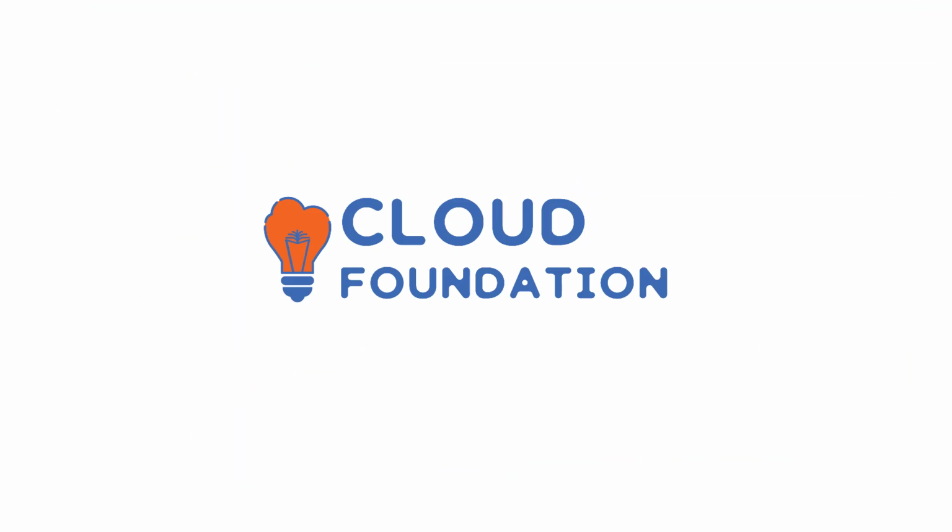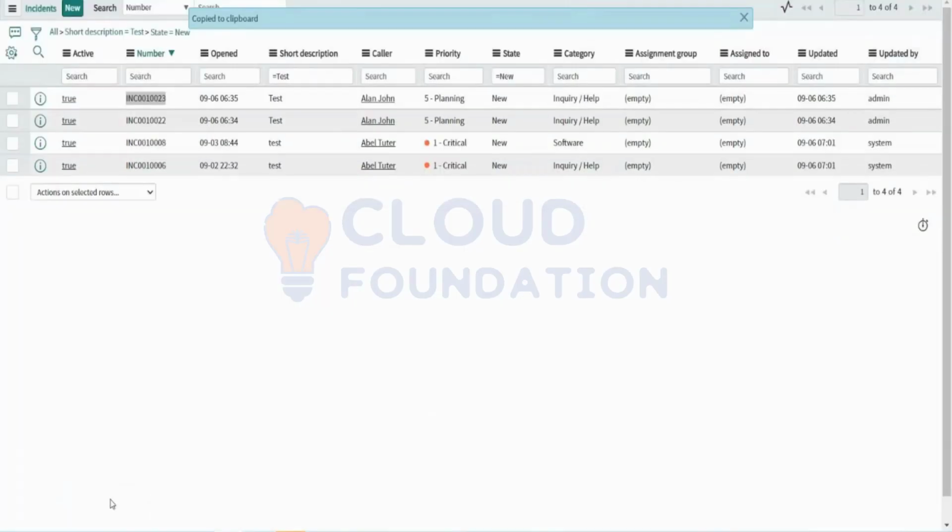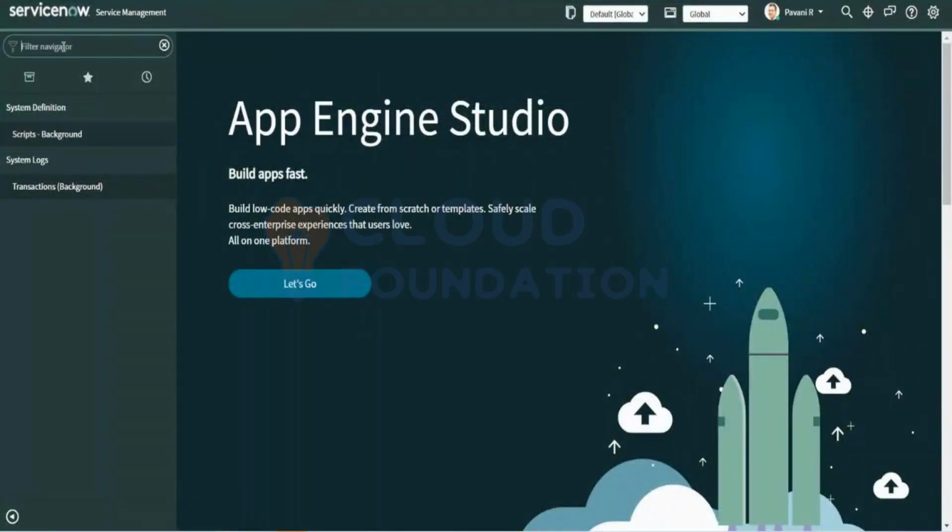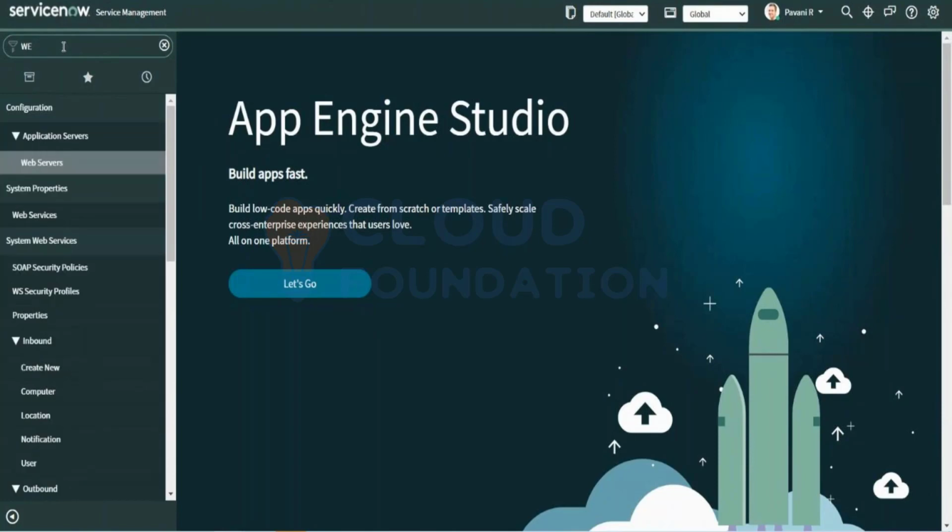First we'll go to the integration. When we are creating from a third party, it will be easy to relate. Now in incident, what is the method that I would use? We need to get the details, so GET here. Under web services, I have something called inbound.